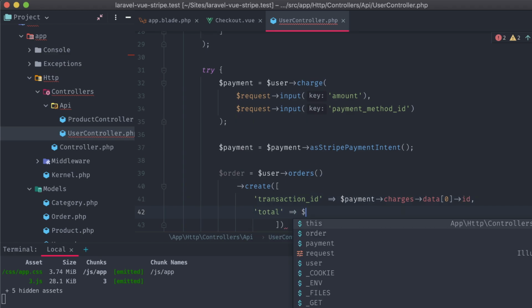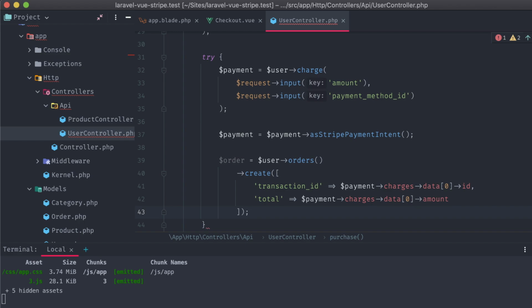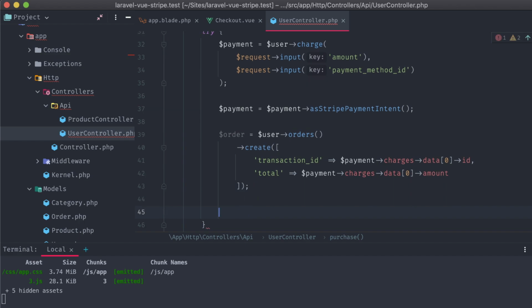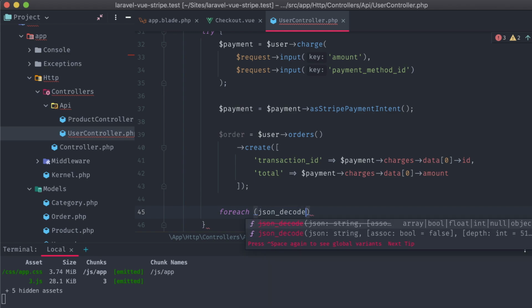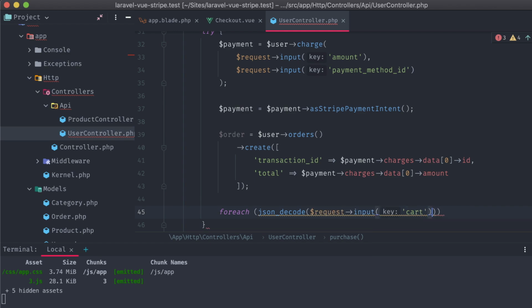For the total, payment charges, data's first child, and amount. Our order is created, but we need to attach what products we purchased, and in what quantities, to it. We pass in the full cart array, and we can loop over that by running JSON decode on the input